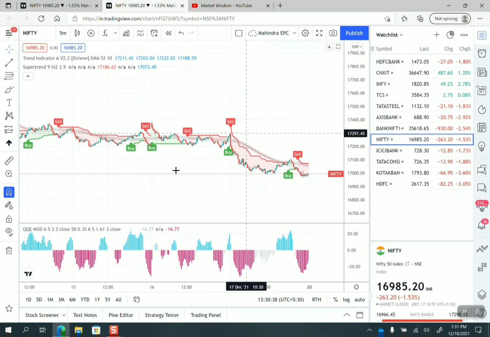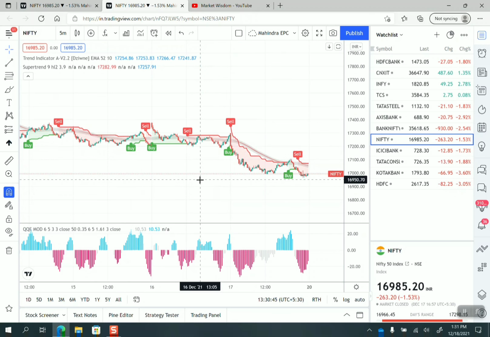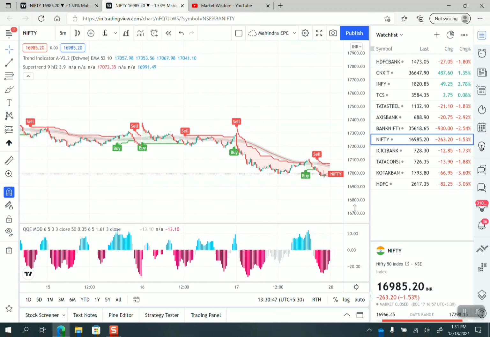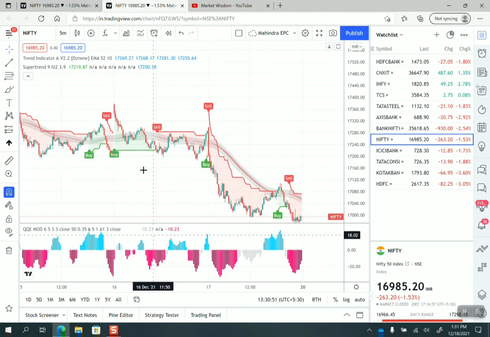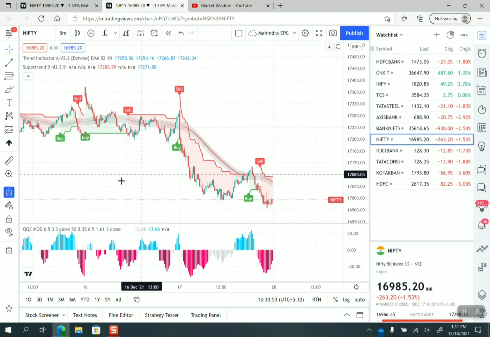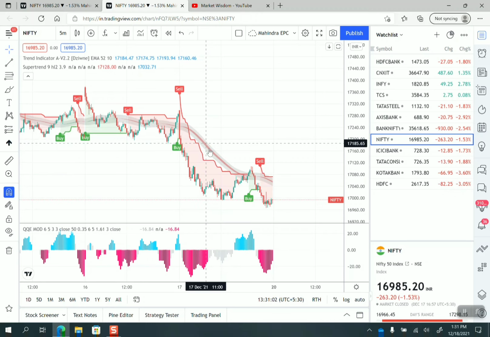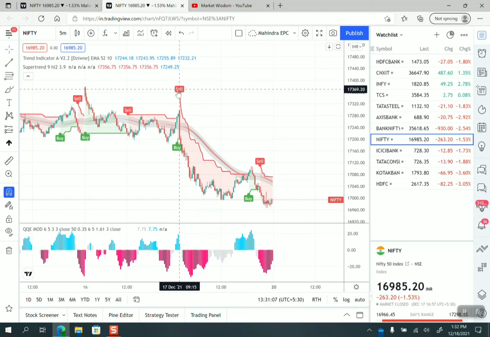So in 5-minute, if you see, there are so many buy signals and sell signals generated on your chart. Now how to analyze this one, that's more important. Okay, so let's first of all see this sell signal. So the idea over here is, in case of sell, we have to check three conditions. First condition is this particular line, which is the trend indicator line, that should be red in case you are getting a sell signal over here, right? So that is super trend, which is giving us a sell signal over here.